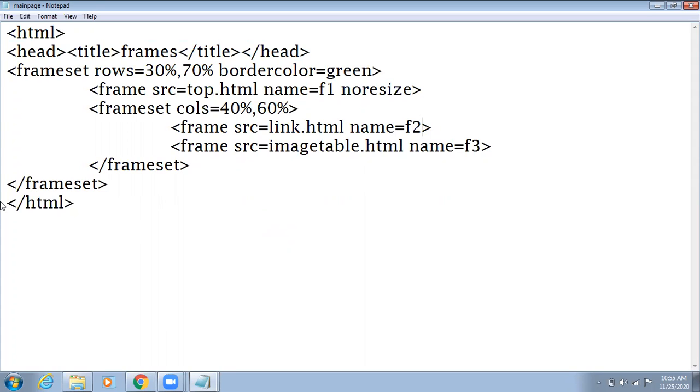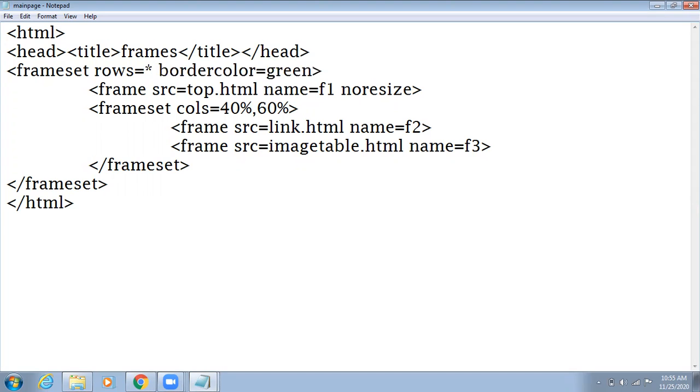Now one more thing you can do: suppose you don't know how much partition you have to do, row wise. If the question is something like this, divide your page into two partitions in which one partition should be twice of the other, then I can make stars here.